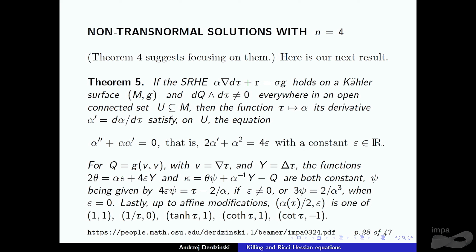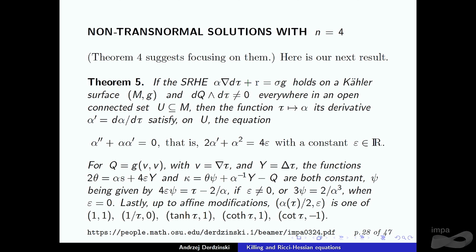The other one is a constant that was discovered by Ben Chow a long time ago. If you have a gradient Ricci soliton, and then you take the Laplacian of that soliton function minus this gradient squared plus 2 times the soliton constant times the function, that's a constant again. So this is a well-known constant appearing in that case. So we have those 2 extra constants, and we have 5 types. Now, let me point out that